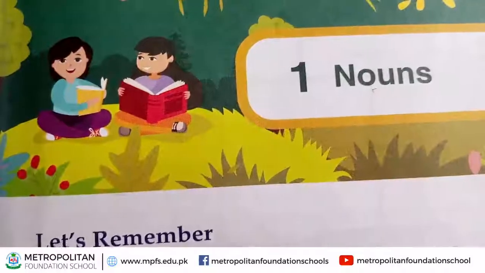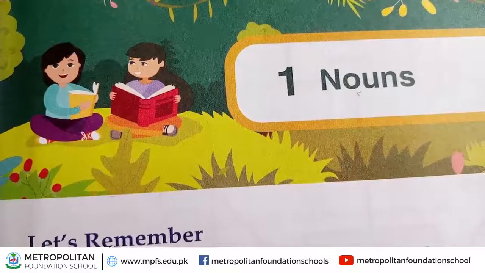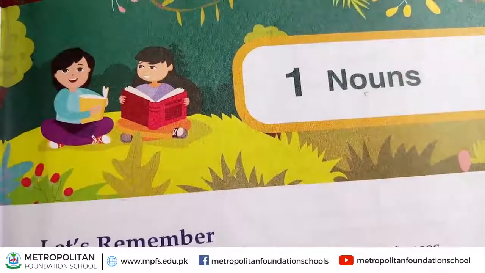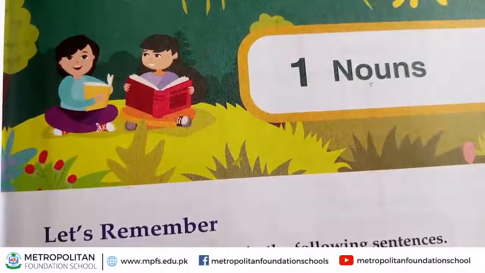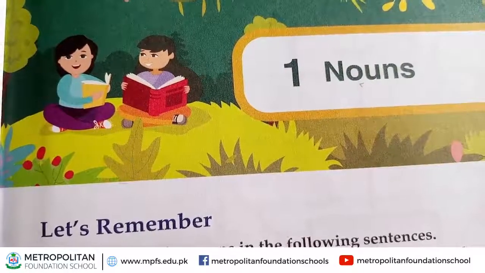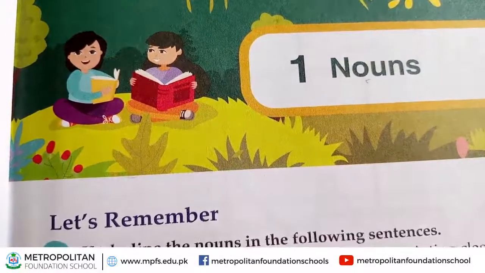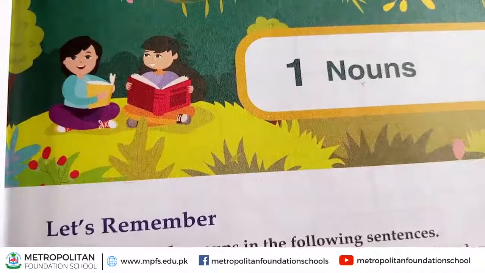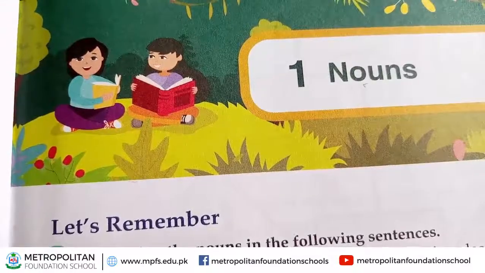So what is a noun? A noun is the name of a person, place, thing or animal. That shows the name of the person, place, things and animals. Nouns are words denoting things and people. For example, house, tree, child, water, teacher, etc. They may also denote abstract ideas or feelings. For example, truth, happiness, honesty, etc.